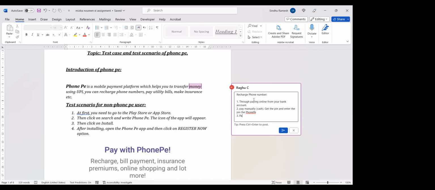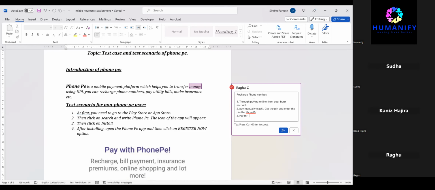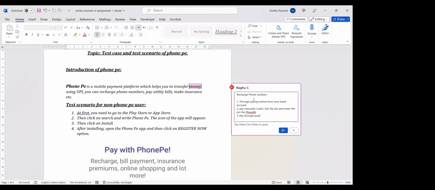The next one, pay through your Google Pay, which is connected/integrated with PhonePe. Is it possible? I don't know because I don't use it. And I'm just coming up with different scenarios here. Now, if I take the first scenario,